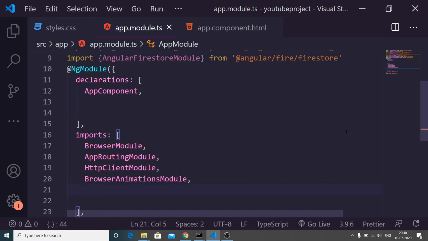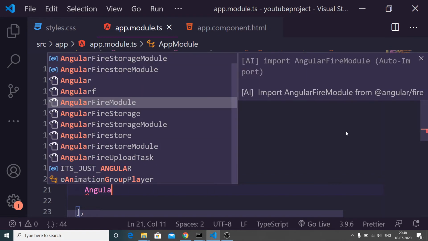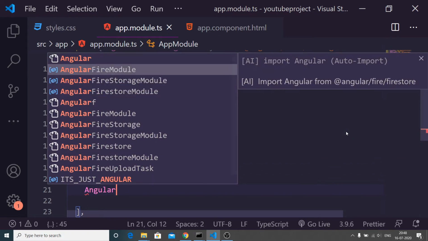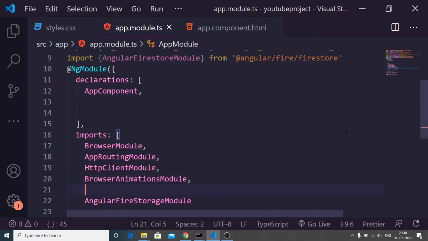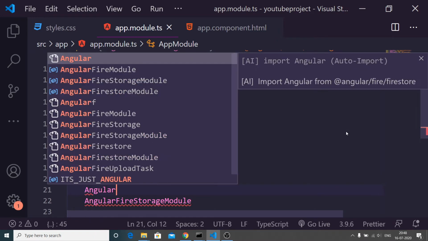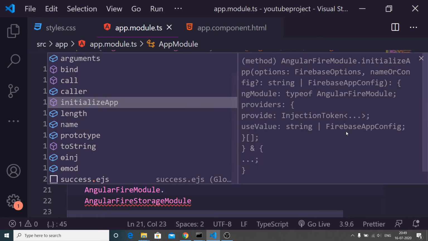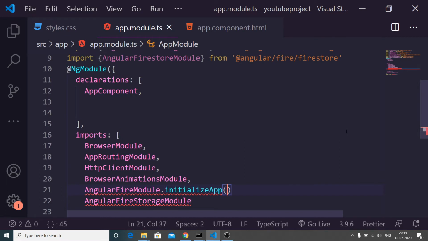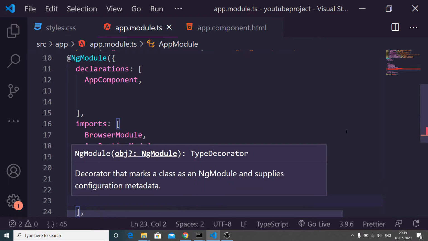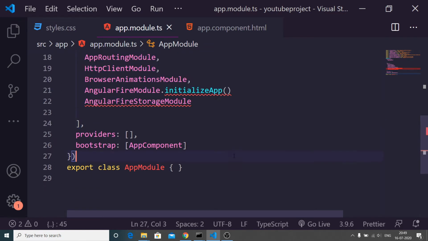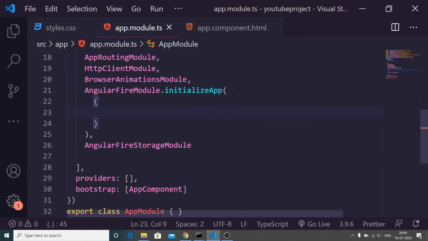So now you need to add this inside your imports array. So first of all, I will add AngularFireStorageModule, and then we will be configuring AngularFireModule, and inside this there is an initializeApp method. Put a comma after it, and inside this you need to pass those options.